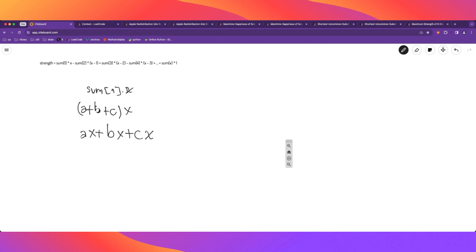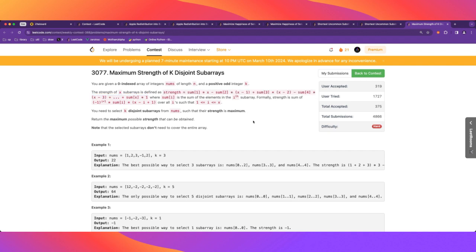But then the terms in the subarray all can be added separately, right? So that is suggesting a dynamic programming solution, because it's kind of a take it or leave it logic, where for each term, you can add it to a subarray or not, or you can skip it, right? But there's a catch, that it's not quite that. It's not that simple,